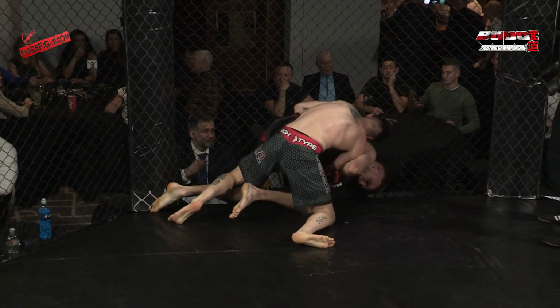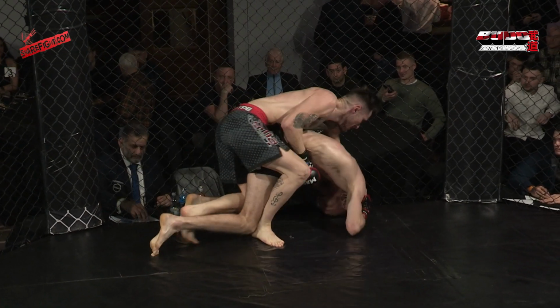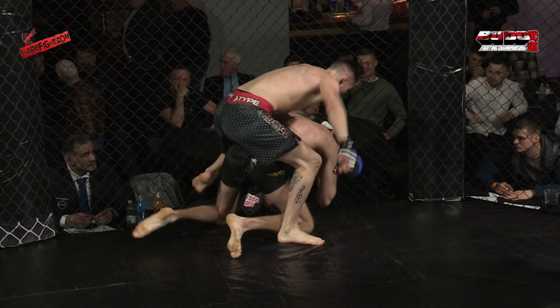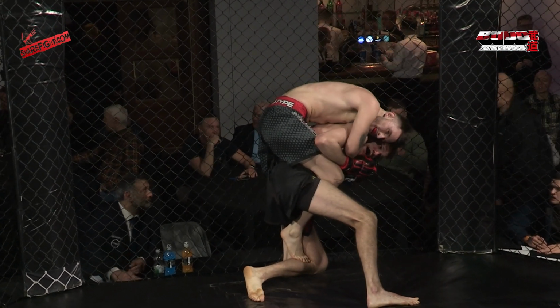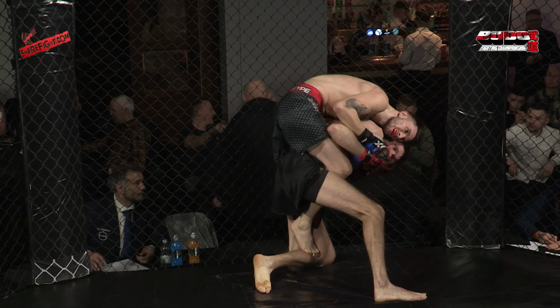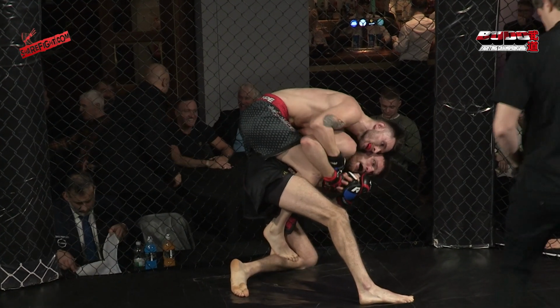Good work from Lewis. Just puts the weight on, pressures his man down. He's got one hook, half in. There were shots underneath there as well. Softening up, get both hooks in. I think this could be the beginning of the end now, Chris. It's a good spot for Lewis, isn't it? And it's nice to see that he isn't rushing it now. He's just taking his time,